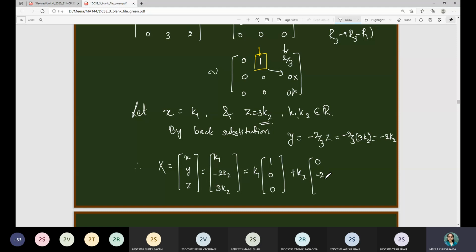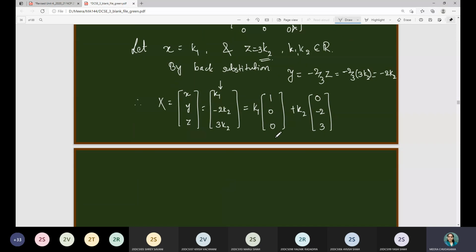So scalar matrix first term that corresponds to k1 only. वहाँ पर k2 की जरूरत नहीं है, तो we will put coefficient as 0. यहाँ पर coefficient is -2 and here it is coefficient 3. So if you combine these two, you can see it will be this matrix only, means k1 plus 0, 0 plus -2k2, so -2k2, 0 plus 3k2, that is 3k2. So corresponding to the repeated eigenvalue we will have these two eigenvectors. So total we have 3 eigenvectors though the eigenvalue is repeated in nature.